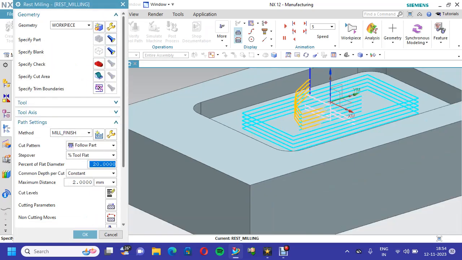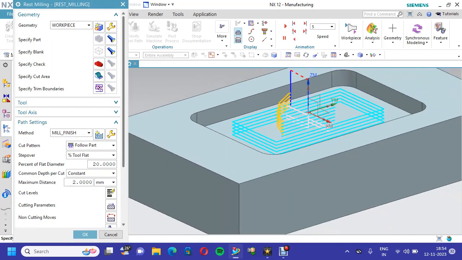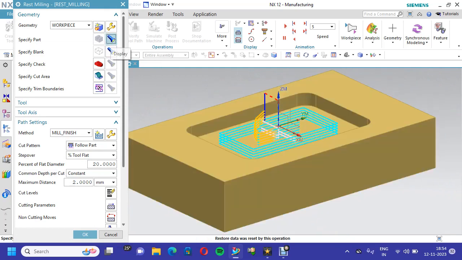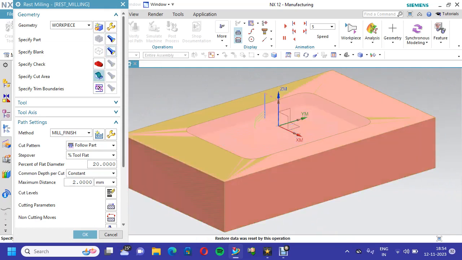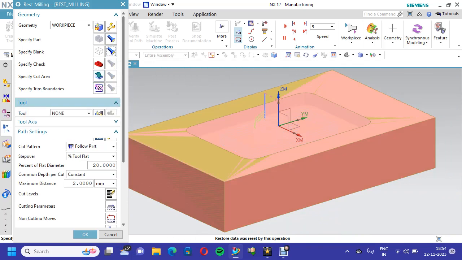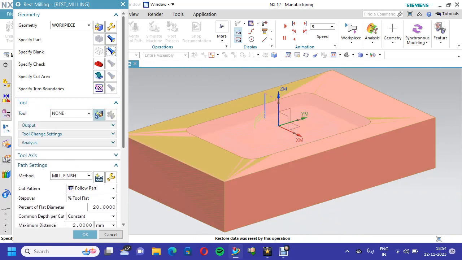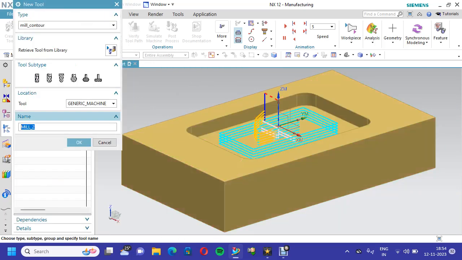Here, part is same. Blank is same. Cut area is same. In this case, we will change the tool. We have to create a new tool because my corner radius is 5. So I am taking the tool